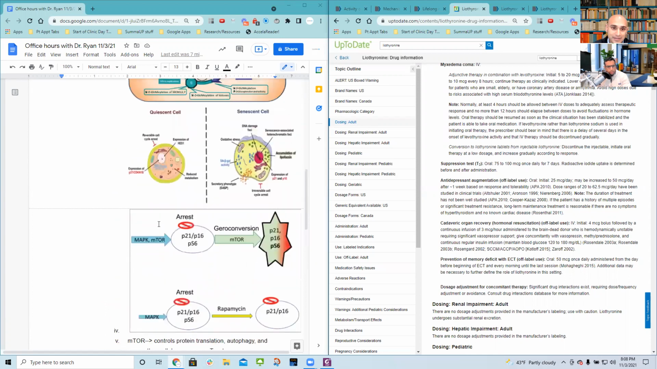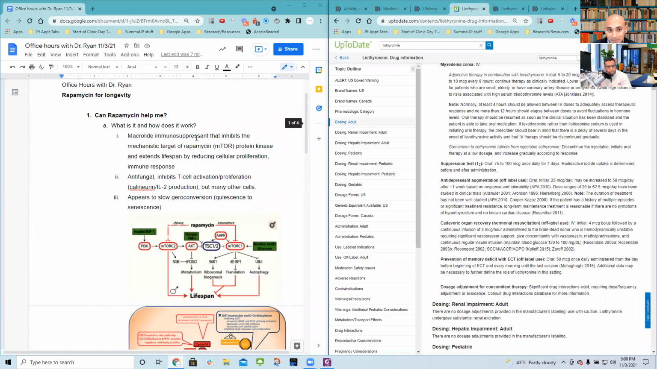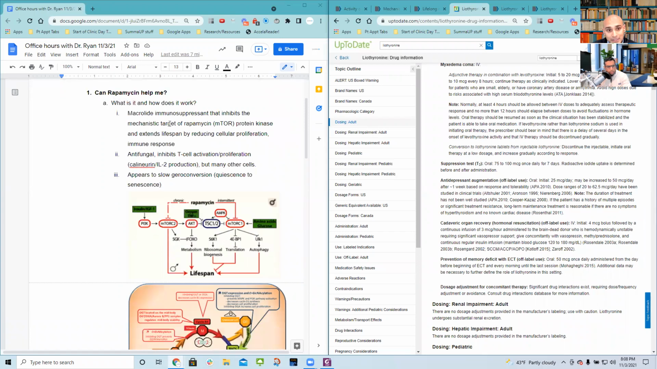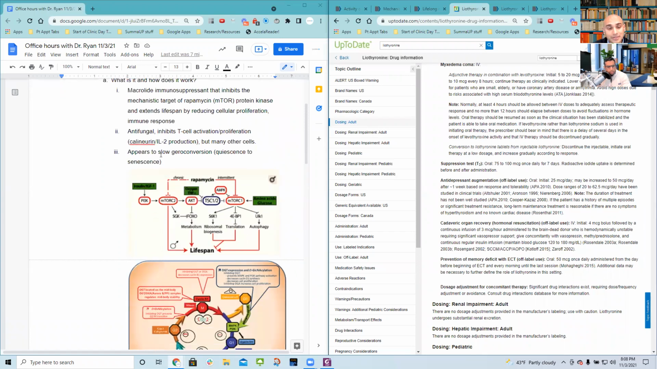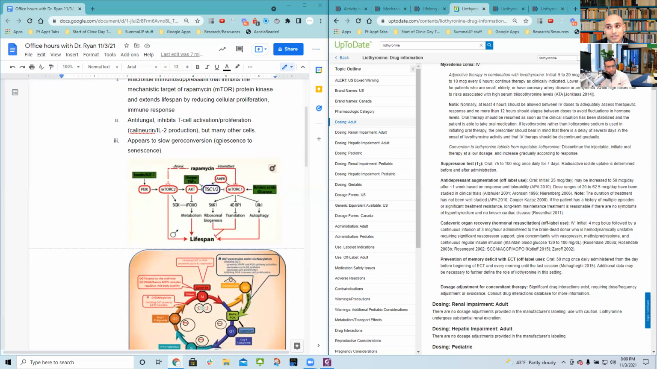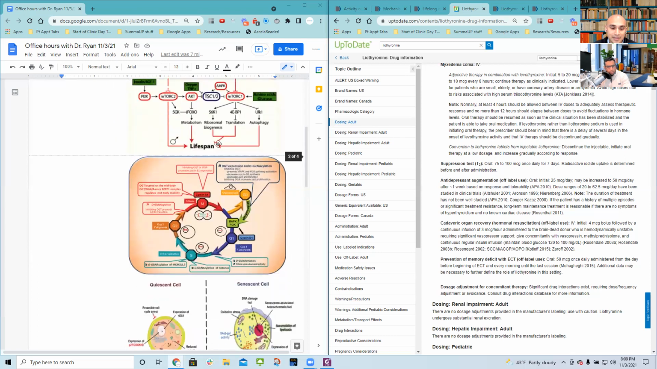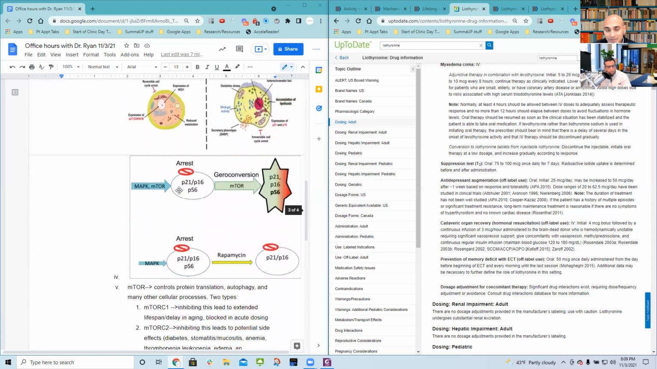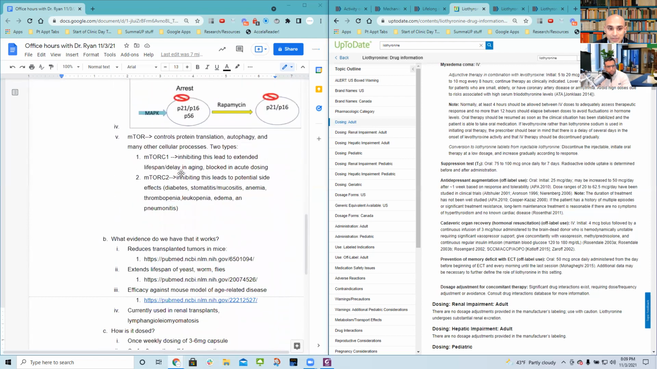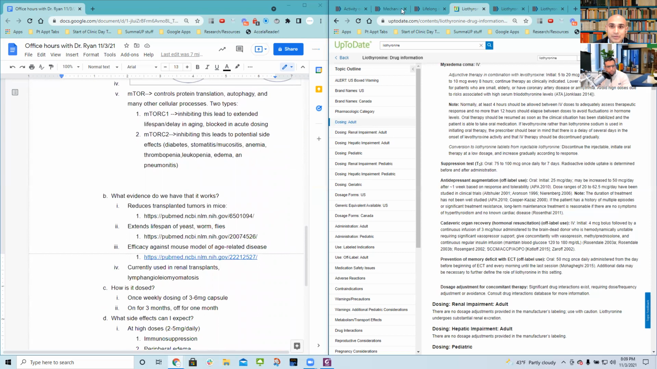So again, just to recap, it's a medication, right? It is used clinically as an immunosuppressant at higher doses, but what's interesting is at lower doses and dosed more infrequently, it seems to slow geroconversion, right? And that's why it's so exciting. So is there actually evidence, or is this all theoretical, that this actually works? Well, there is. There have been multiple studies that have looked at